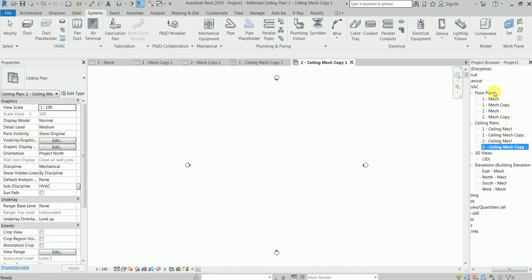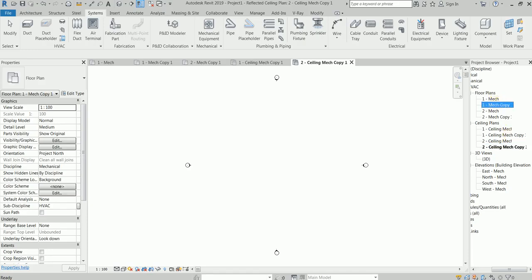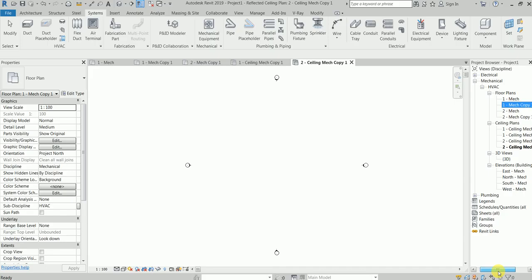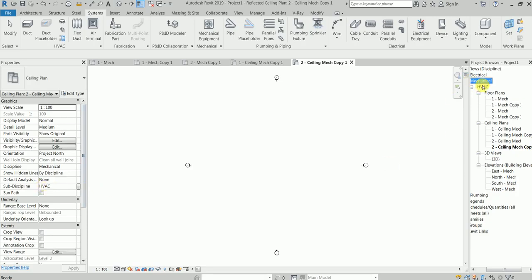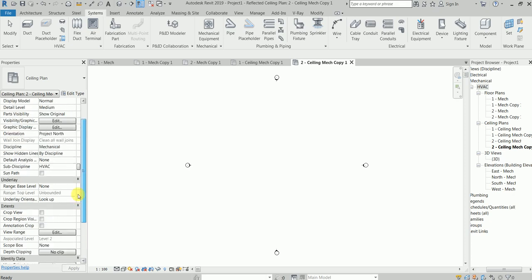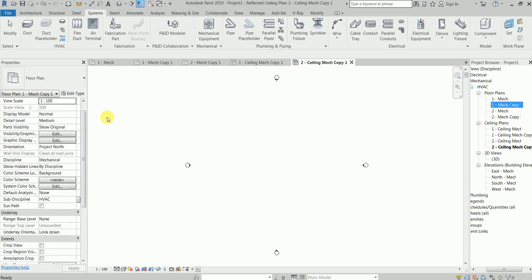Don't take any tension. Listen, select one of the views, a floor plan, like what I have done. This is the discipline, and this is called sub-discipline. Mechanical is the discipline, and this is the sub-discipline. Click this and you would see it. Sub-discipline HVAC. We do not want HVAC, we want firefighting, FF. And then when I press apply,